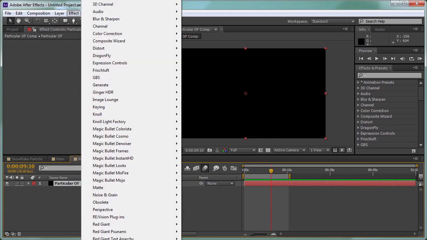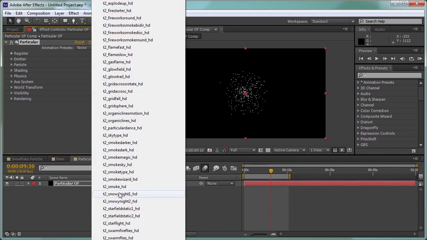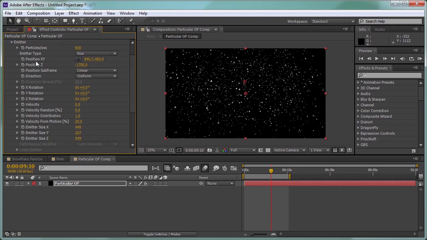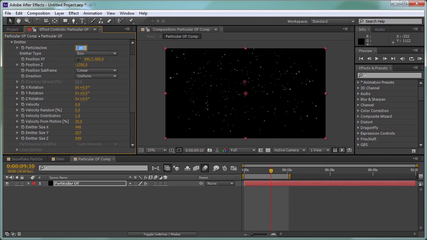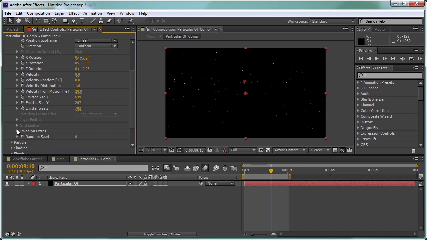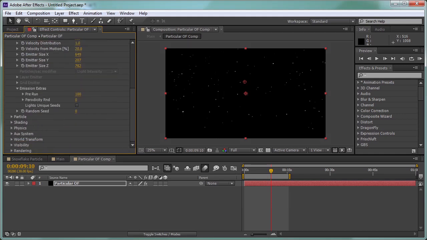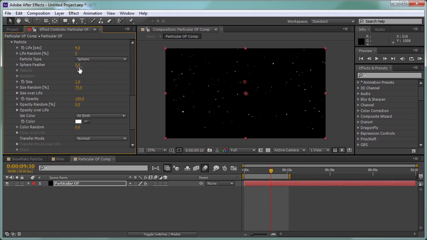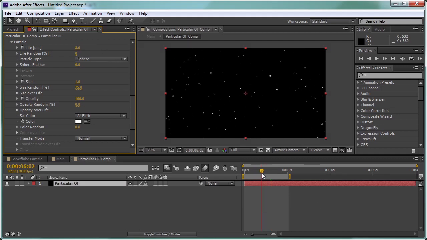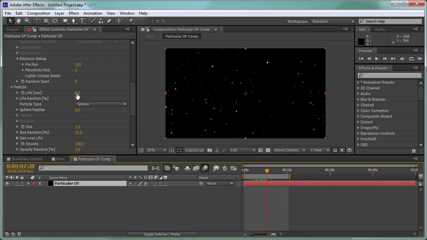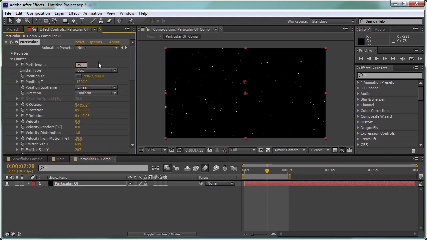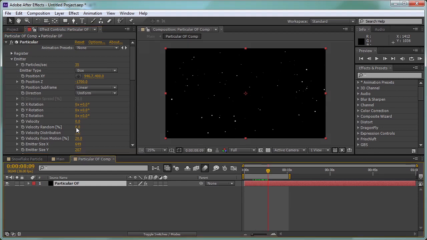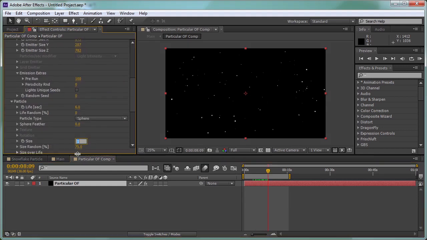Let's apply Trapcode Particular again and use the snowy night 1 preset, and let's open the emitter, set the number of particles to 100 or even 50, increase the size here, go to the emission extras and set the prerun to 100, open the particle, remove the feather of the spheres, and maybe set the width of the particles to 8 as well, or maybe 6, and decrease the number to 35 and reduce the size to 0.5 or 0.8,